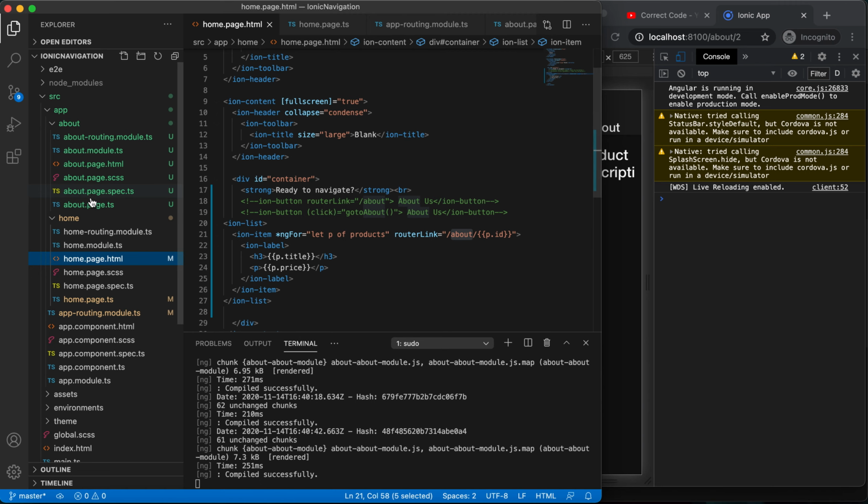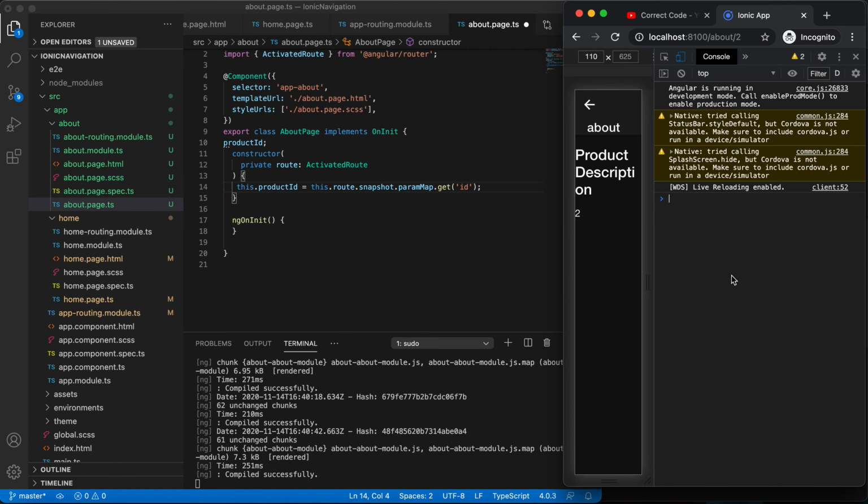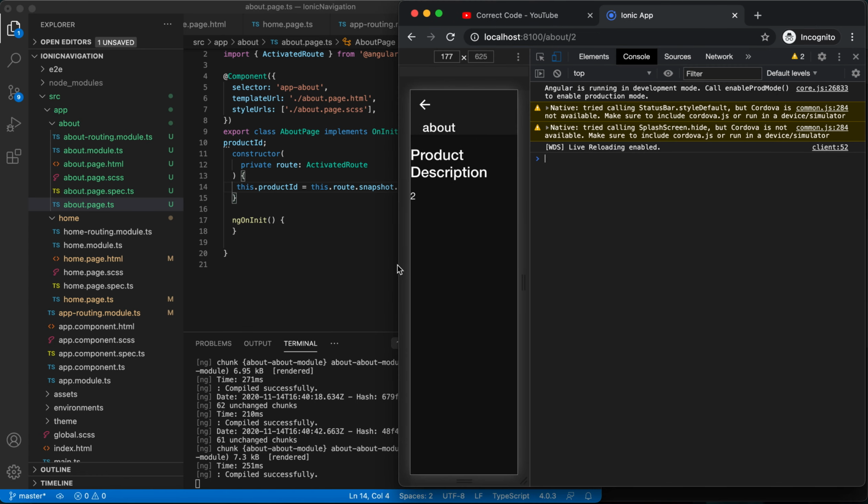Once we send, come to about and mention here a variable productId, and whatever ID we are snapshotting, we are going to display here, this about 2.